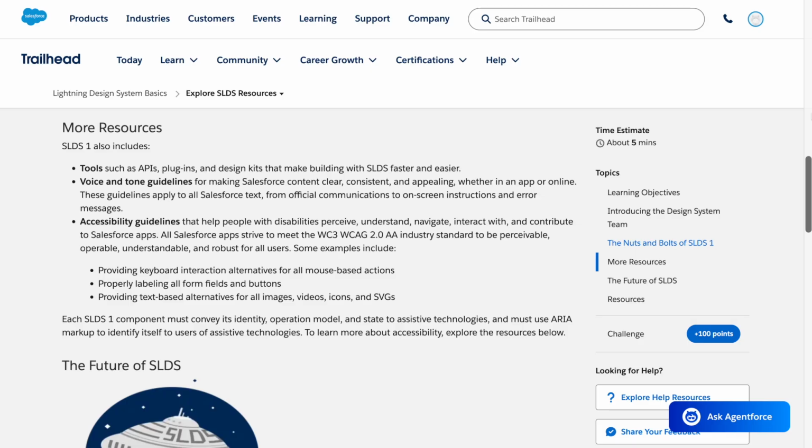These guidelines apply to all Salesforce text, from official communications to on-screen instructions and error messages. Accessibility guidelines that help people with disabilities perceive, understand, navigate, interact with, and contribute to Salesforce apps. All Salesforce apps strive to meet the W3C WCAG 2.0 AA industry standard to be perceivable, operable, understandable, and robust